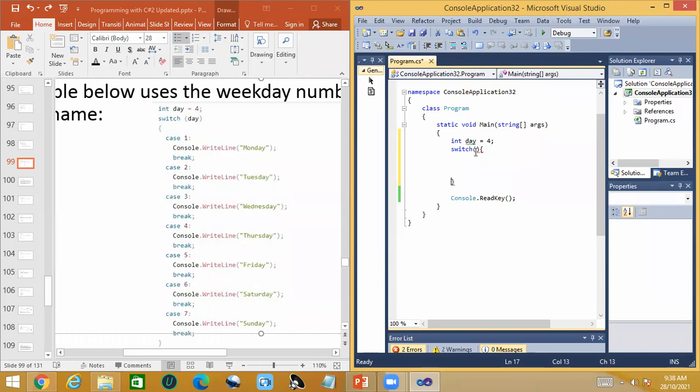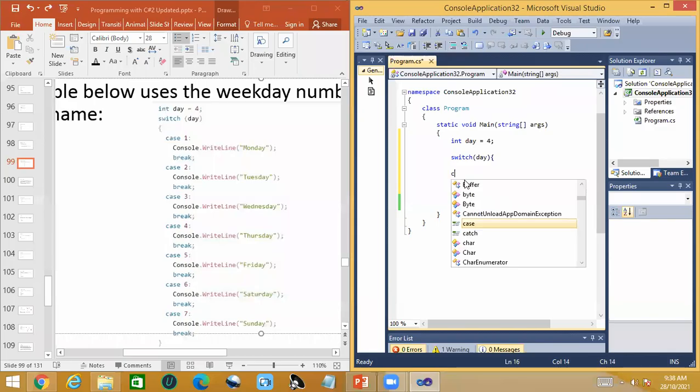It's a little bit similar to an if statement, but it's not the if statement. So here, switch, and then we need to specify whatever variable we are going to pass inside this switch statement. In my case, I'm going to pass this day variable. Now I'm going to check cases. So case 1, if the case is 1, then I'm going to print